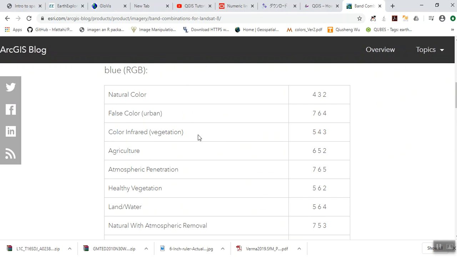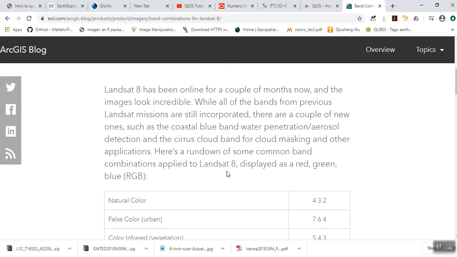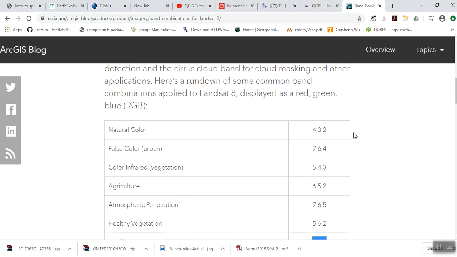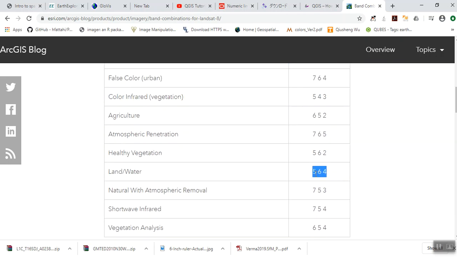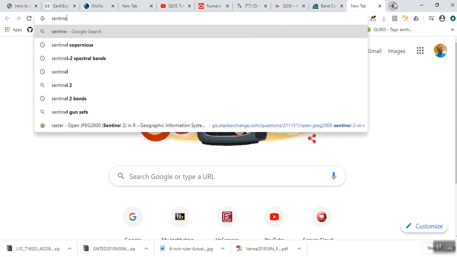Like if we want to look at the agriculture, if we want to look at the land and water, we want to use bands 5, 6, and 4 for Landsat 8, right? And then for Landsat 8, now we want to know which band we want to pick, the corresponding band from Landsat 8, and match it with Sentinel-2